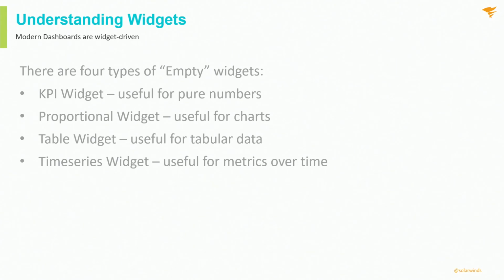Now we need to take a quick dive into modern dashboards. So modern dashboards really are encompassed by 4 specific types of widgets, and that is the KPI widget. It's useful for showing pure numbers or percentages, or not just pure integers, but representing a real number. Then we have proportional widgets, which are your traditional donut, pie, and bar charts. And those are great for a quick glance and understanding what's happening in your environment. Specifically, if you build it for specific regions. So if you build it just for interfaces or you build it just for volumes, then it will make sense for the audience when they see it.